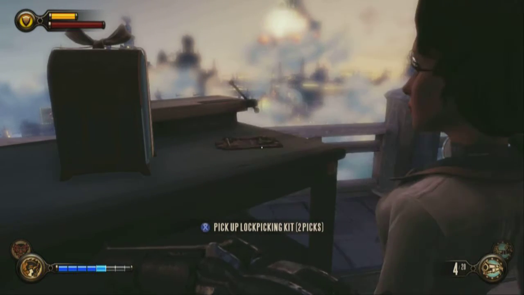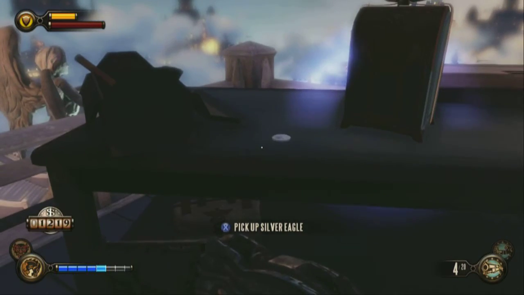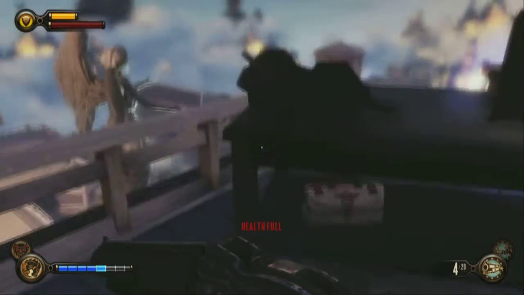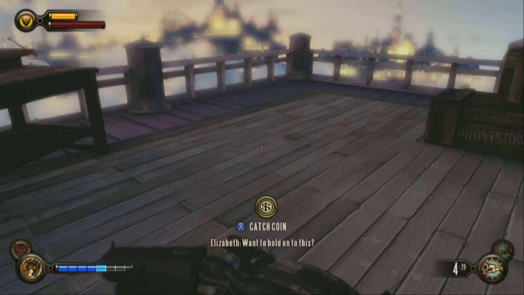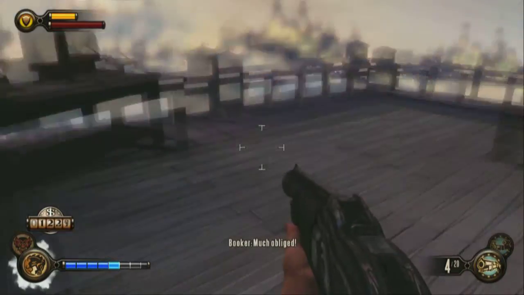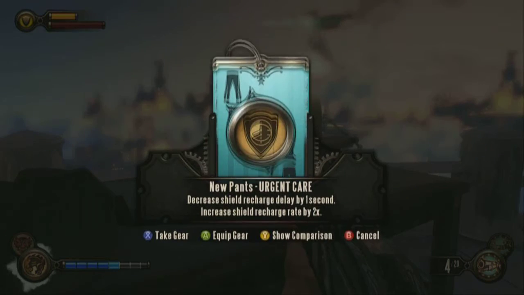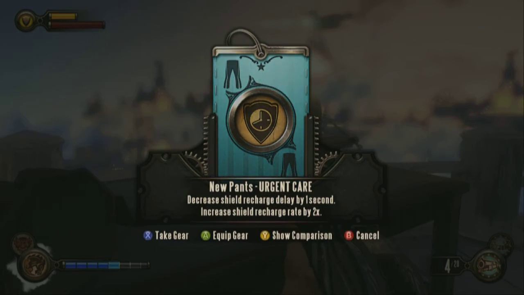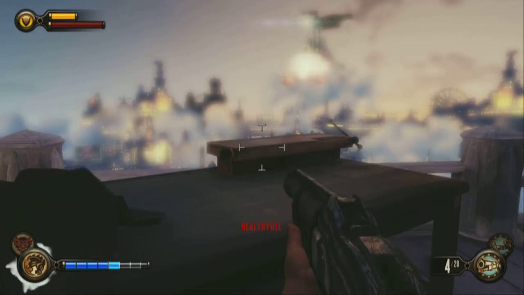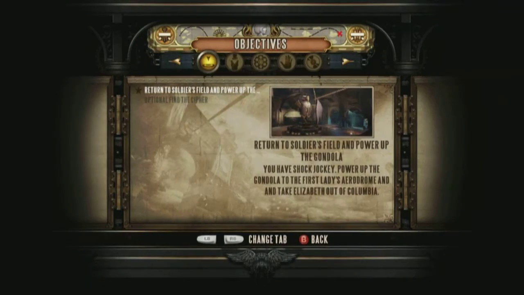Also up here we have lockpicks. Elizabeth can pick locks on doors for you, so you'll want to collect as many of those as possible. She'll also be able to open safes and whatnot. There you see she found another coin for us, so a little bit more cash. Now this here is a gear item. We're going to go ahead and pick this up, and take it, and while we're up here, we will hit the back button and